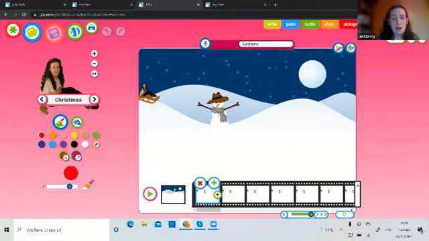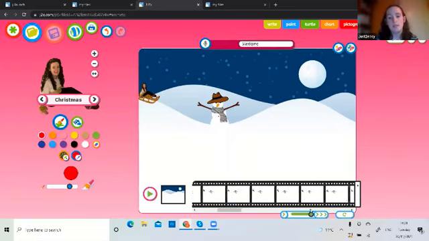Now, the way that I've created this is, first of all, in this black box at the bottom of the screen, that's our background box. So I loaded into that this Christmas scene. Then on the first frame, I painted in my snowman. And before I added myself on the sledge, I copied that frame with the snowman in it lots and lots of times. I did that by pressing the red plus. That adds a new frame which contains everything that the previous frame did. I did that so that my snowman would stay in exactly the same place. And then I could go back and add in myself on the sledge, moving a little bit every time.